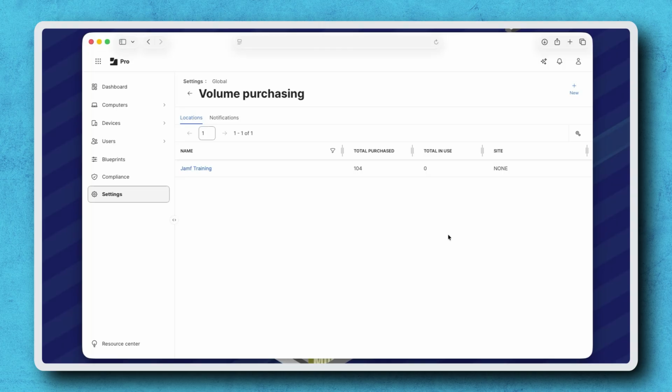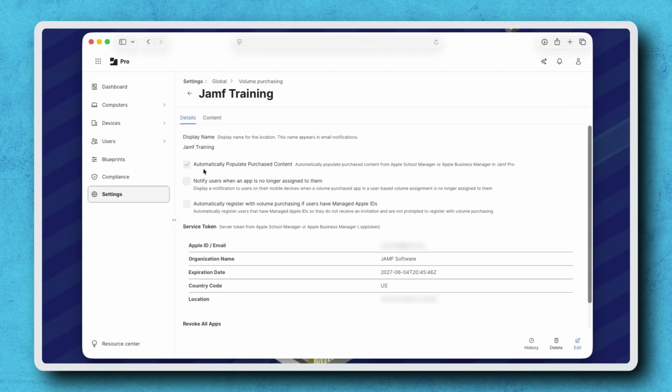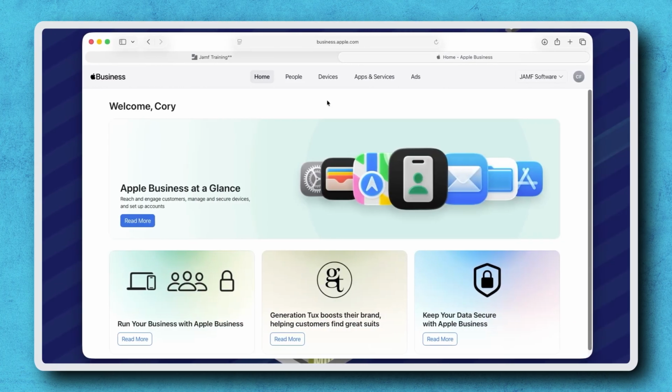Select the name of the location you want to renew. Next, open a new tab or browser window and navigate to Apple Business at business.apple.com. After logging in with credentials associated with your volume purchasing content token, click your organization name in the top right,